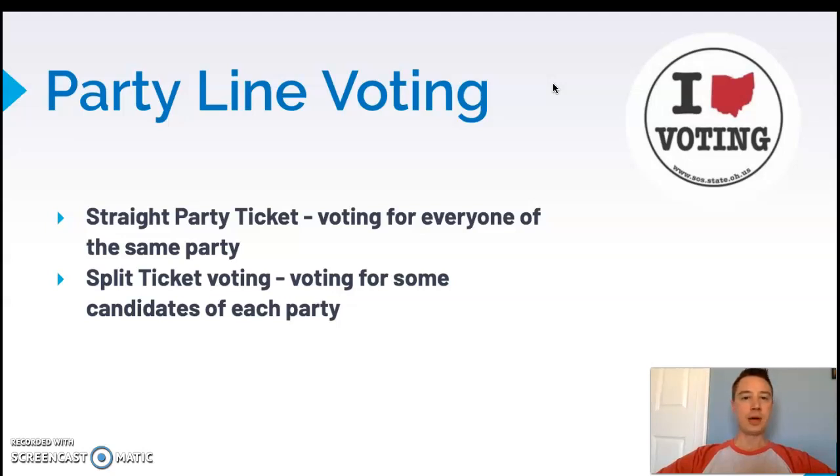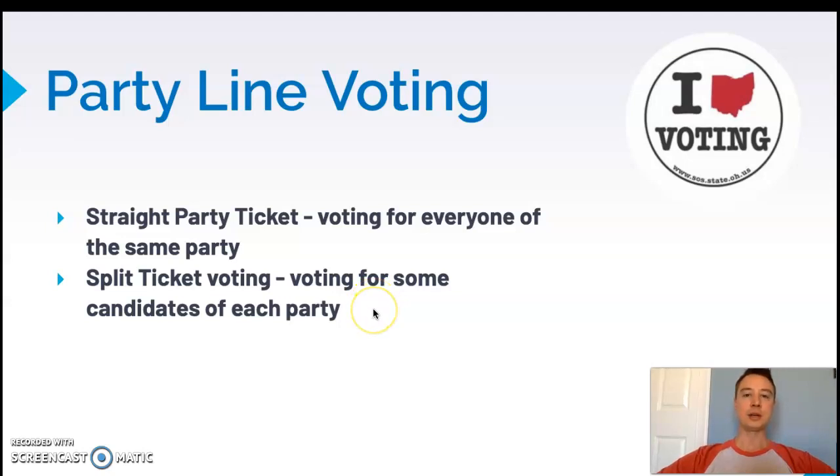Offices that people have no idea who the candidates are, party is the number one thing. As long as you see an R beside that person's name, you're going down the list and clicking every R that you see. We have seen a little bit more split ticket voting, and the rise of candidate-centered politics has helped do that. It's easy for me to see who these people are now because of 24-hour news networks, because of social media. Like, I can see who the candidates are. I can feel like I get to know them.